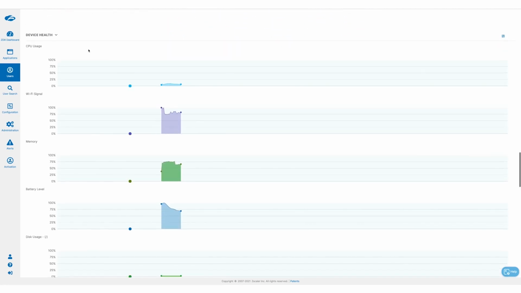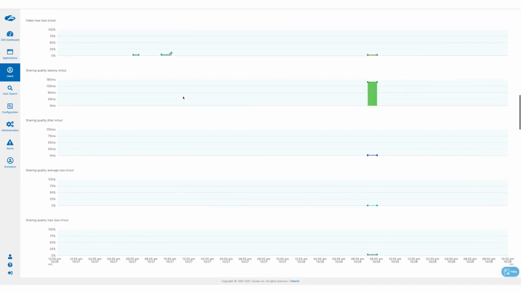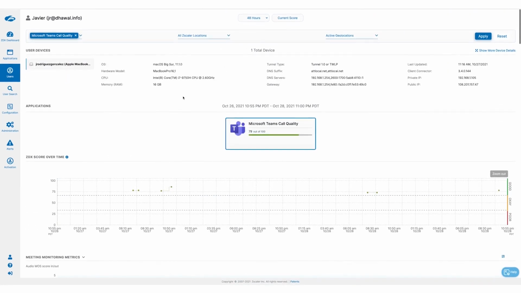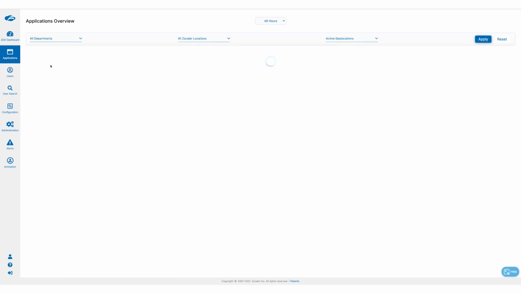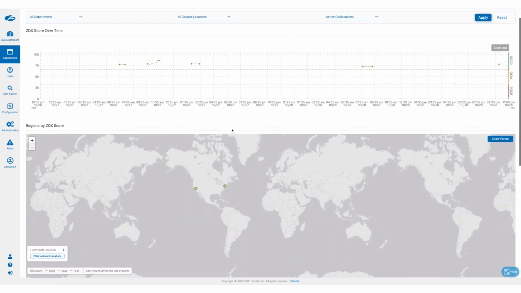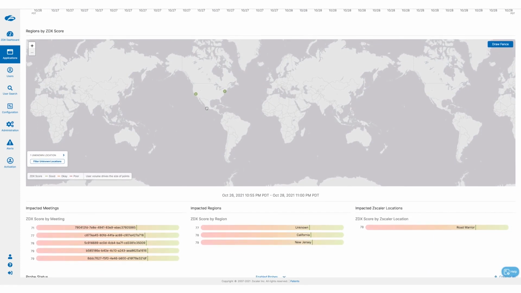As in any other application or user details page, we still collect data from the user laptop, CPU, etc., and with deep tracing we can see the process level consumption of Teams in case we think the CPU is a problem. So this is the integration we've done with Microsoft Graph API to bring in context, as I said, to the application. We bring the meetings objects with participants, and we display a new type of score which is calculated using jitter, loss, and latency from the real traffic.